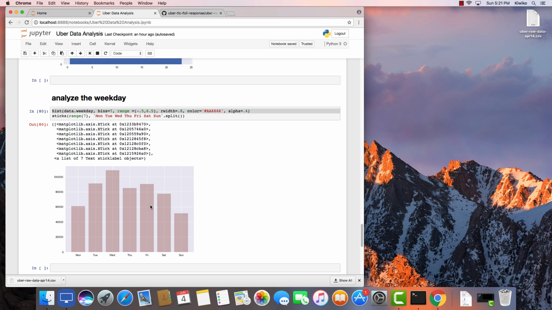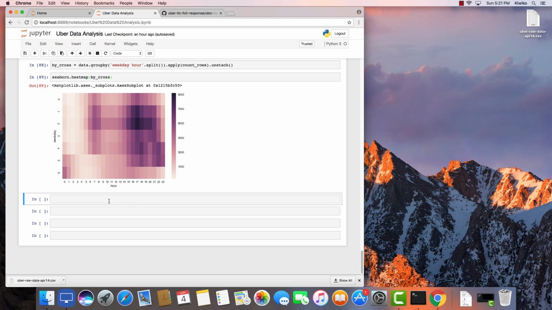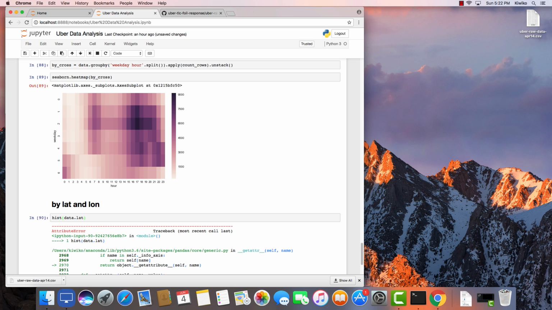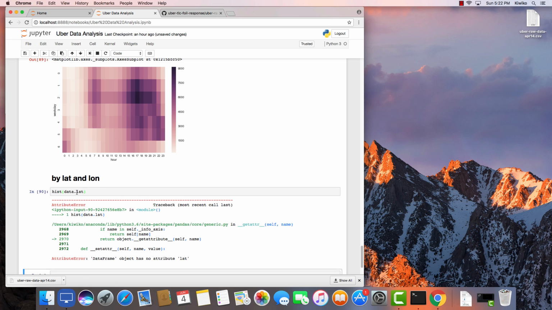So this is how simple analysis can be done using Pandas and Matplotlib, which is the plotting library, and Seaborn. Let's do a couple more analyses. For example, by lat and long. We can do exactly the same, right? Like a histogram of the data.lat. No, it's not that. It's